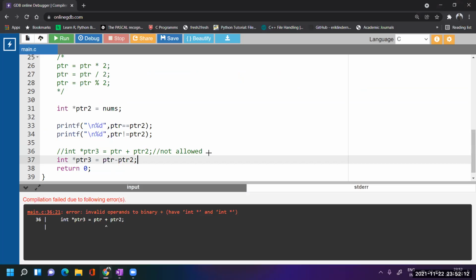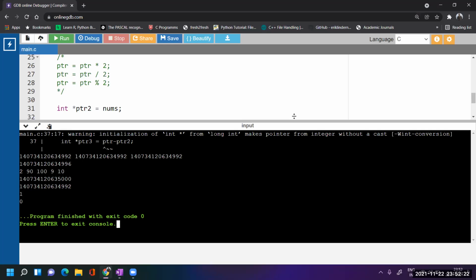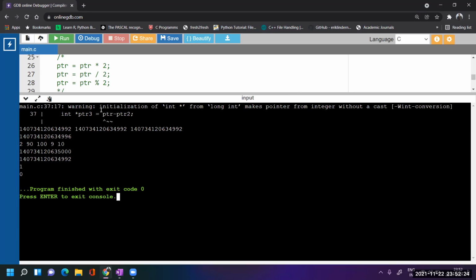Let's try this here. No problem, but there might be some warning. You can check the warning. Yes, see the warning: initialization of integer pointer from long integer makes pointer from integer without a cast.